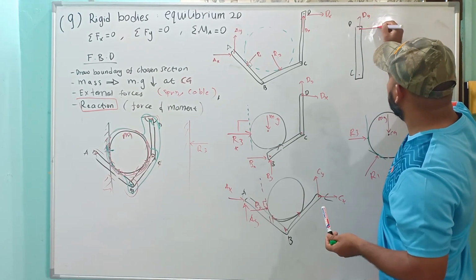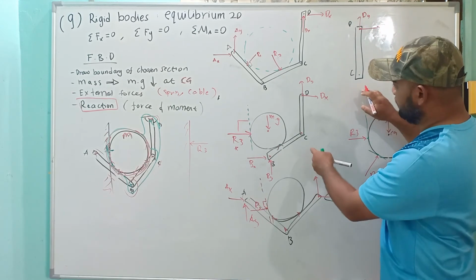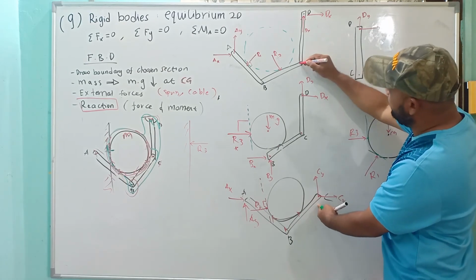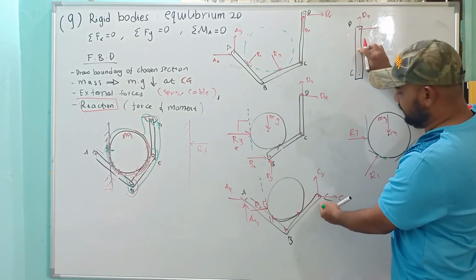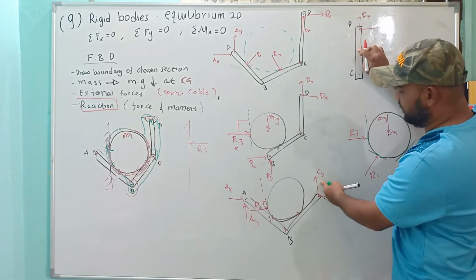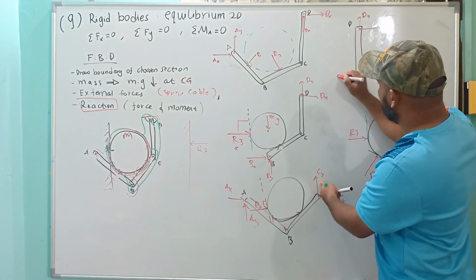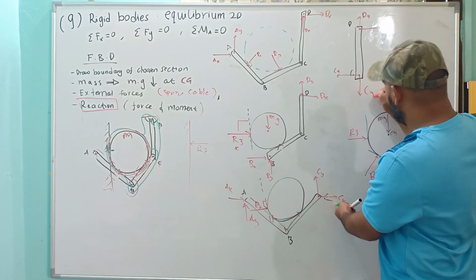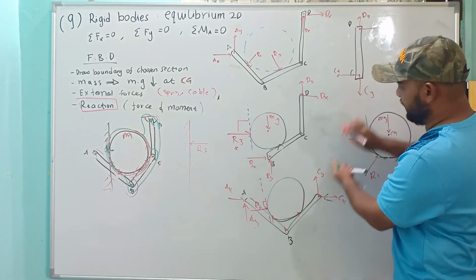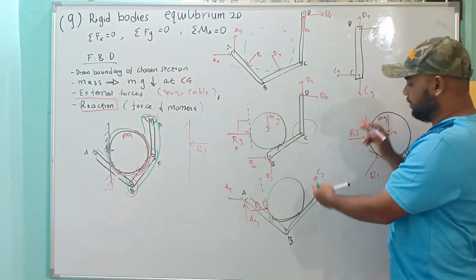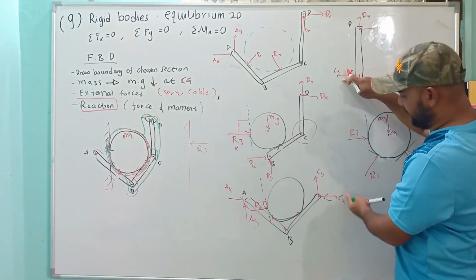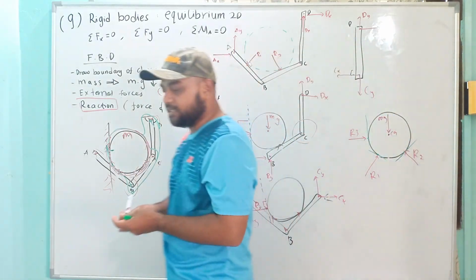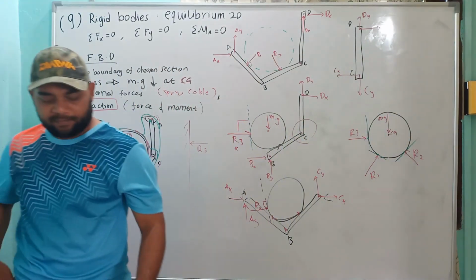Dy and Dx. But since C at this point is shared by this part and this part, and we have already drawn here to the right and upward, this Cx must go opposite from this one, Cy opposite from this one. If you put it together, it will be this case, nothing here, because this will be cancelled by this one. That is the concept.